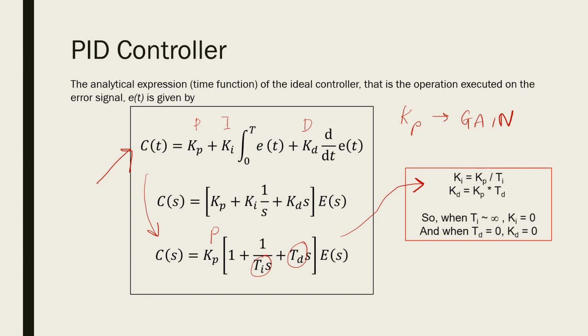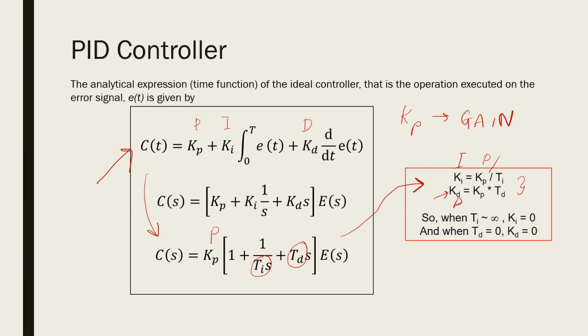So the constant for controller I is the gain of controller P divided by the time constant of the integral. And Kd, the D part of the controller, is the gain of controller P times the time constant for derivative. So from these two equations,